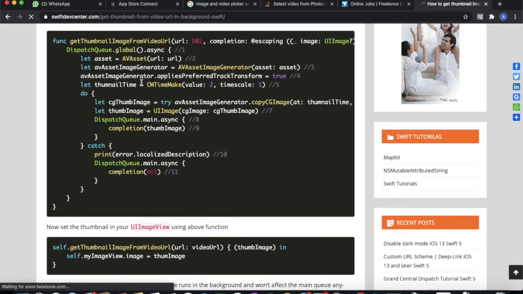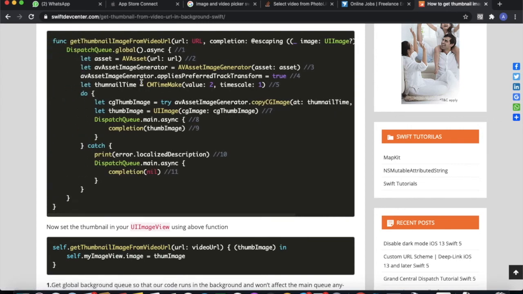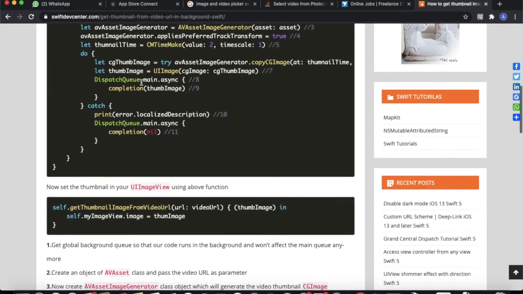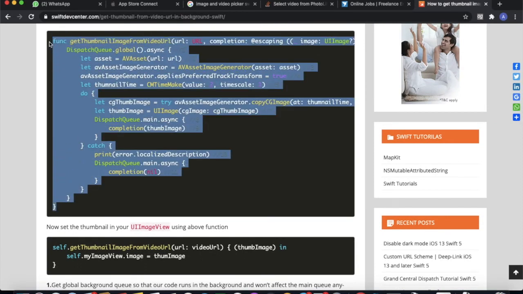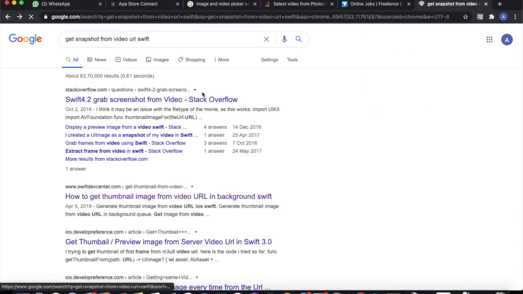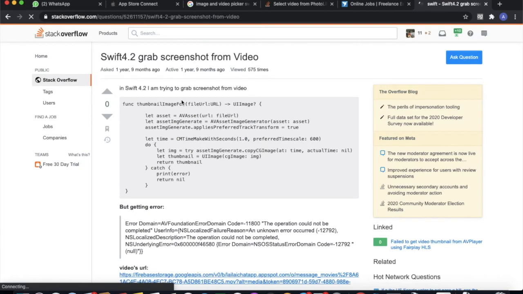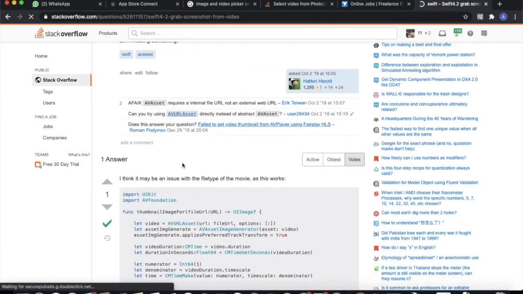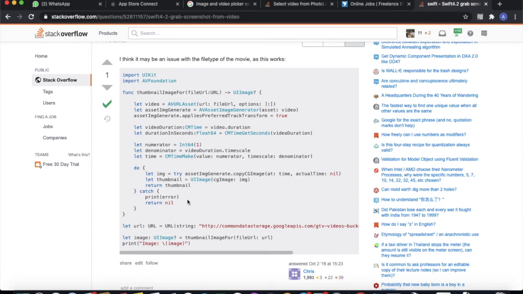You can use this function, in which you provide a URL and you get an image.